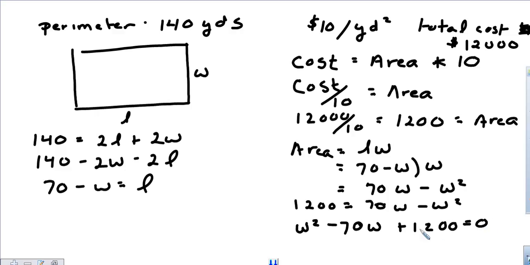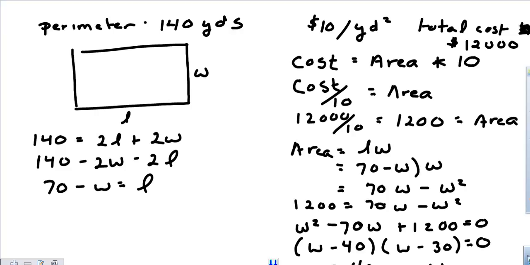And look what I've done. All I've done is move this 70W and this negative W squared to the other side. Change sides, change signs. Can I factor it? Sure. What multiplies to give me 1200 and adds to give me negative 70? Well, W minus 40 and W minus 30. Zero product property, either this factor is equal to 0 or this factor is equal to 0. So either W is equal to 40